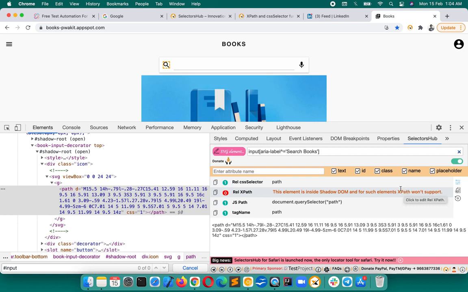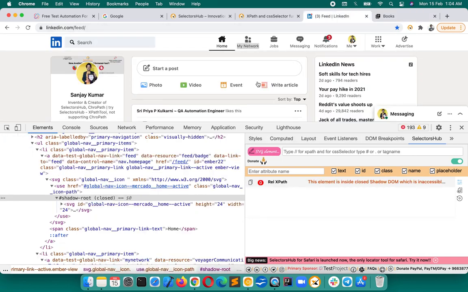Another important point is that for a shadow root element, only if that shadow DOM is open can we write a CSS selector and access those elements. If it is inside closed, we cannot. That is a standard rule that closed shadow root elements are not accessible.